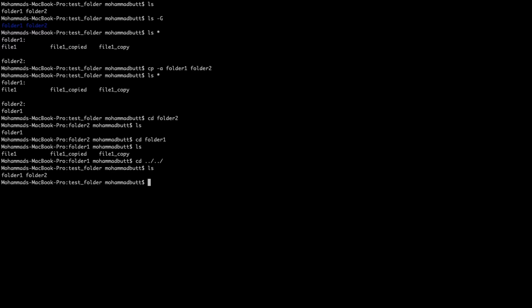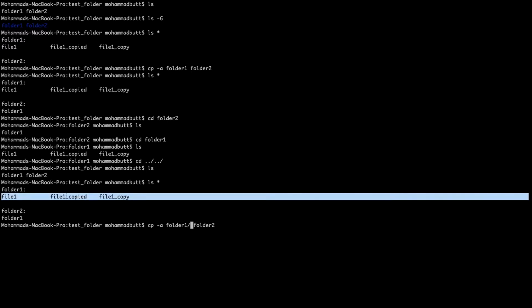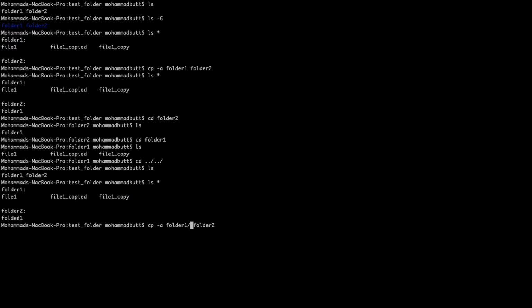And another thing that we can do when we are copying an entire folder is we can also use cp -a folder 1. And so right now this is how the directories look like. So folder 1 and folder 2, but when we do cp -a folder 1, and when we do forward slash, what that will do is it will just copy the files. So we'll have file 1, file 1 underscore copied and file 1 underscore copy in here. And of course, because we already copied the entire folder 1 already, we will also see that. So now we will just press enter,